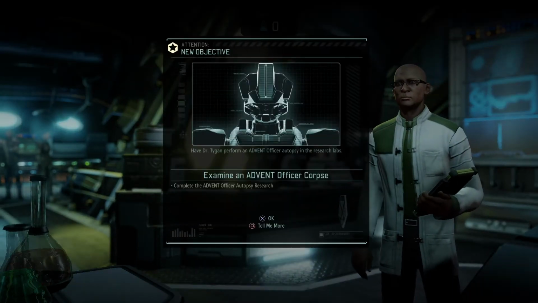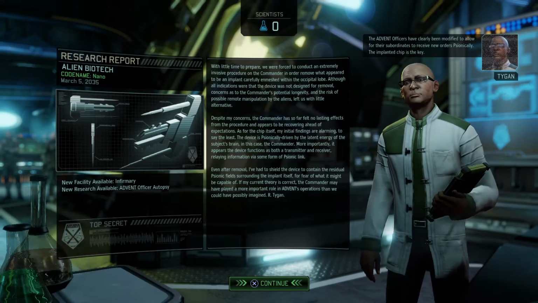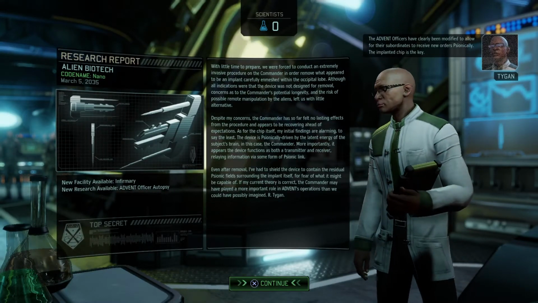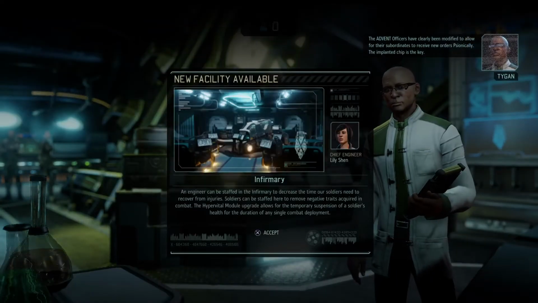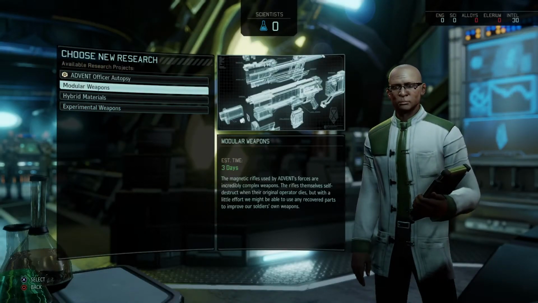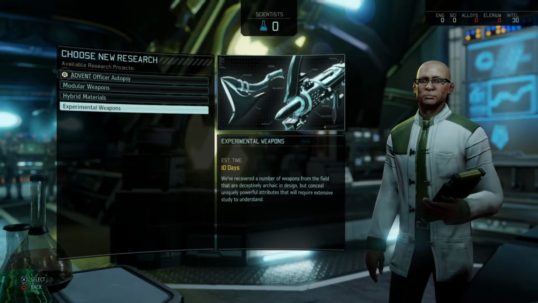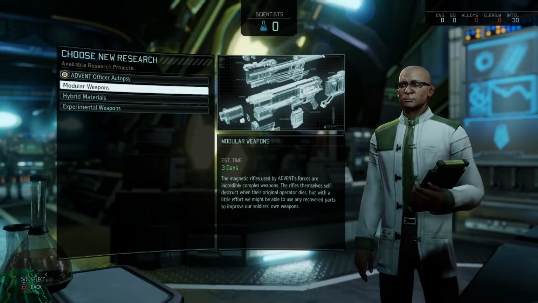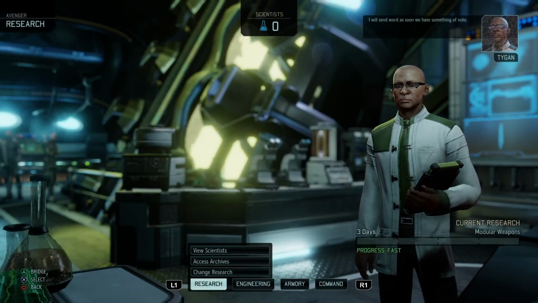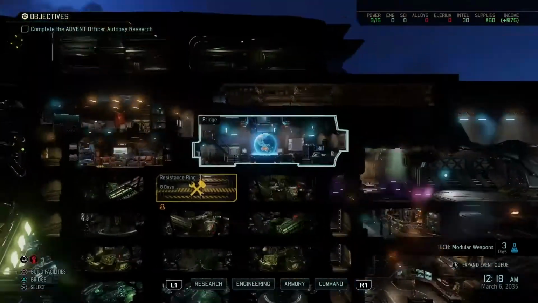Alright, with that out of the way, that should unlock us, yeah. Well, it brings up the next story research, but thanks to that we got the infirmary unlocked, which, like I mentioned, will help us greatly. So the next research that I'm going to do is modular weapons. I will send word as soon as we have something of note. And from here,